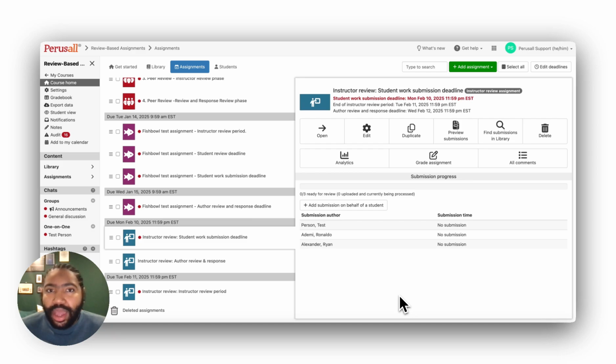Now, instructor review assignments allow your students to submit work that you, the instructor, will then review using rubrics, overall feedback, and in-text comments. And then finally, they also allow your students to reply to those in-text comments for credit. So we're going to edit an existing assignment that I have, but if you wanted to make a brand